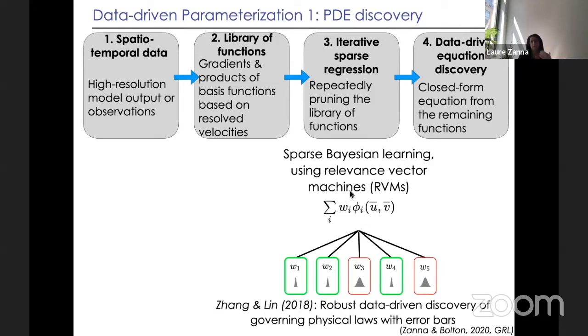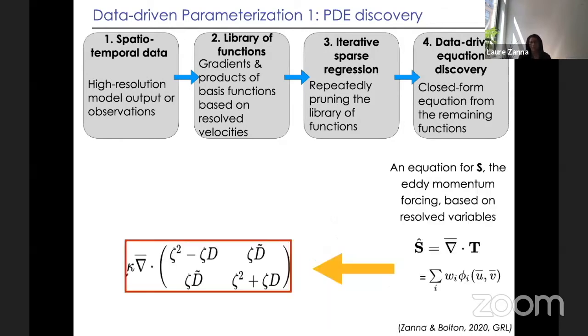And here, what do we do? Well, the algorithm is going to go through that full library of functions. We have dozens of functions that it goes through, and it's going to prune by adding weight to each one of those functions. And then based on a threshold, it removes the ones that have nothing to do with the images of, or that can't reproduce, the forcing we're trying to represent, and keeps the ones that can. It goes through that iterative process many, many times. And it comes up with a final set of weights multiplying the library of functions that we want, and each weight will have an uncertainty associated with it. So that's also a plus. You get an uncertainty associated with each one of the weights.